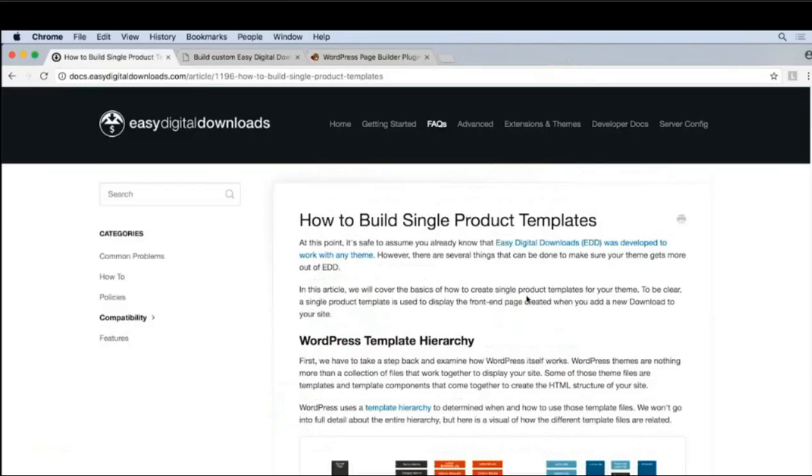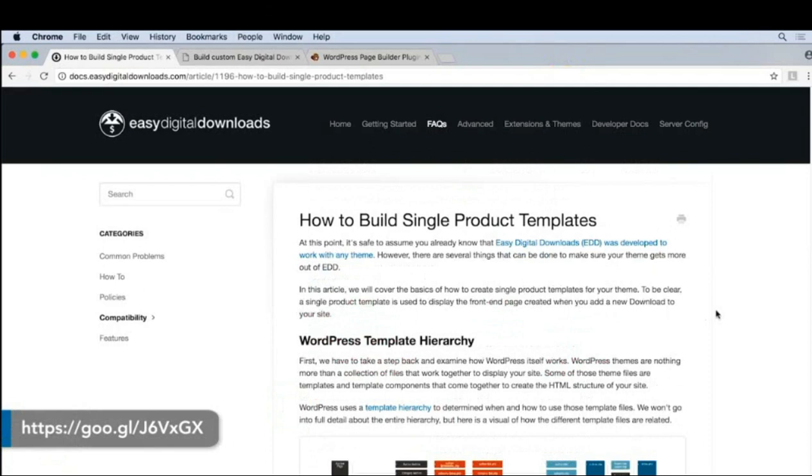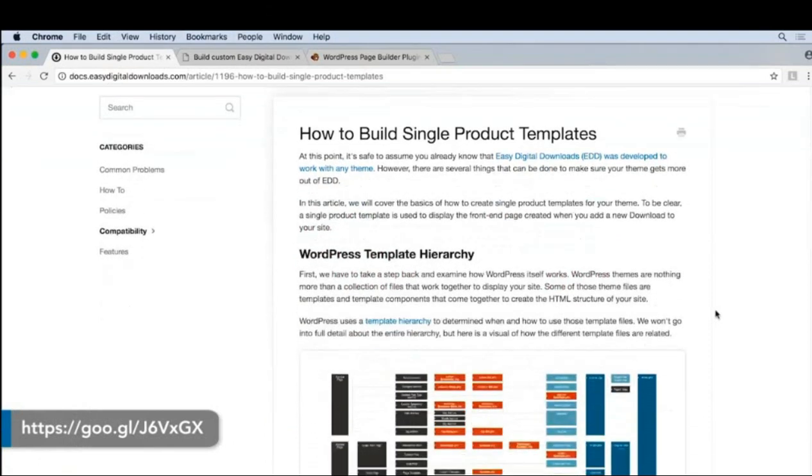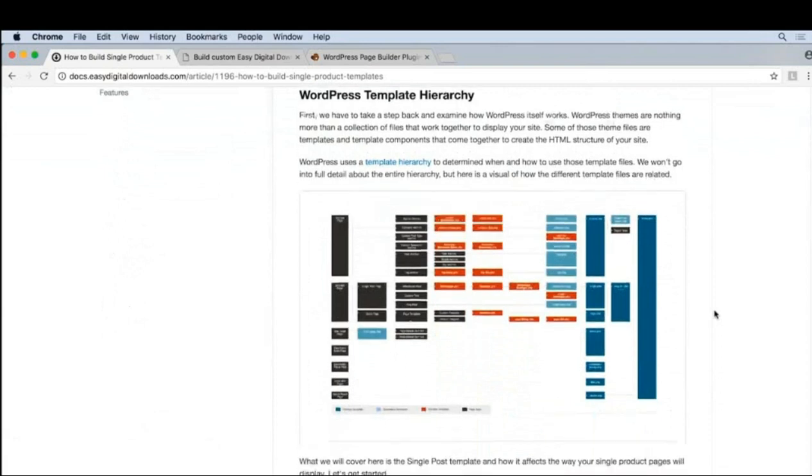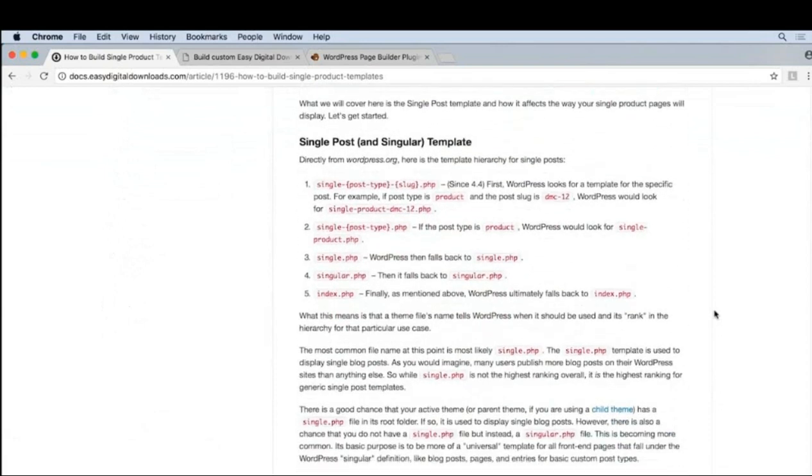EDD is definitely geared for developers because when you search for information on how to customize the product page, you end up getting a lot of technical documentation about the WordPress template hierarchy, what the templates look like, and what goes into each template. Because this product is made for developers, there's not much we can do to customize the product page without touching